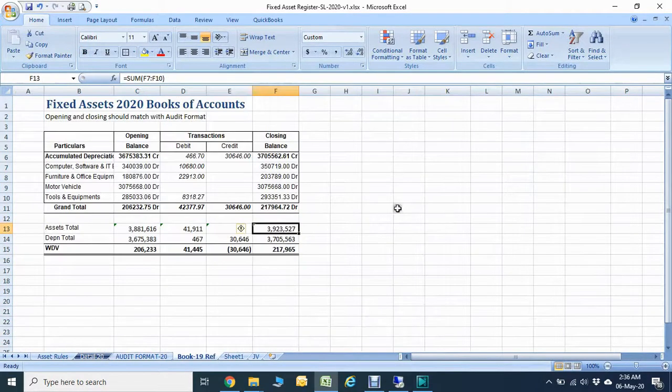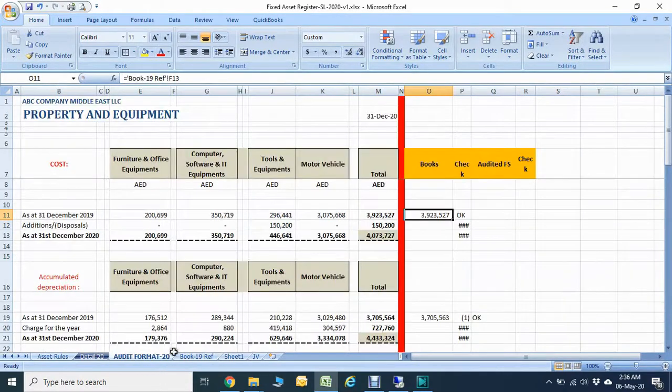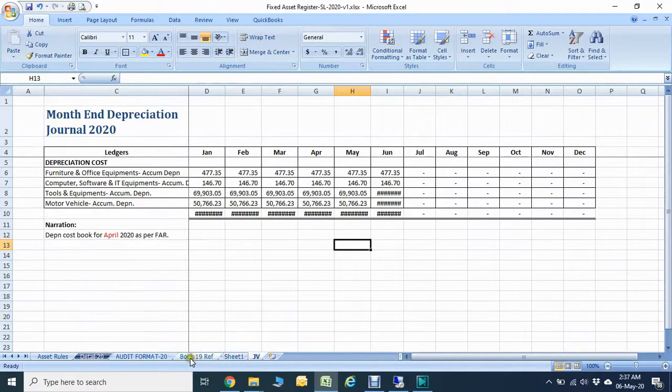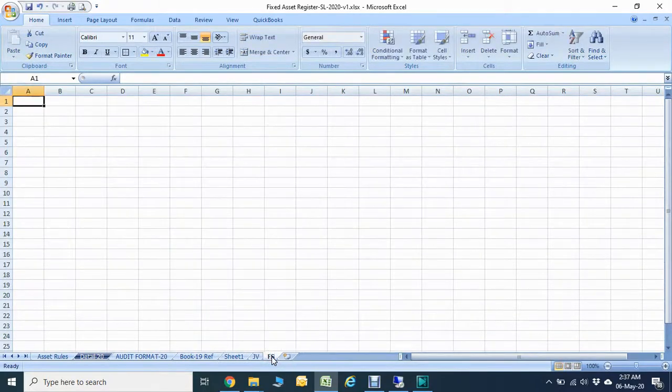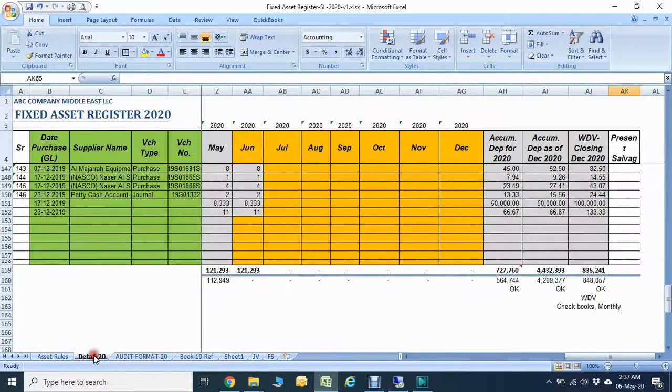So books information, let's say books of accounts, fixed assets 2020 books of accounts here. So all the information comes here with the total amount. So you check with your audited format. And also, if you have audited financials, you can copy the audited financials here, the FS audited financial, so that you have the information with you in a single worksheet. So you don't need to go into the books again in case you have a doubt or changes come, because very many people enter the data, and it is not all the time accurate.